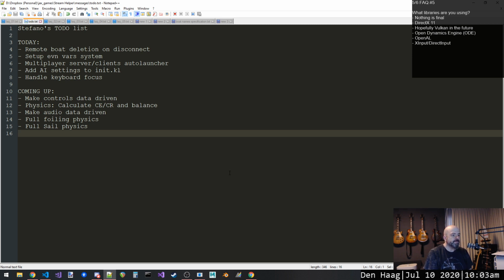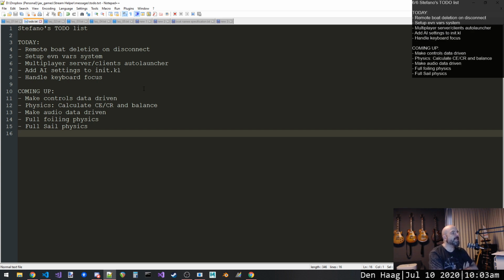So there are a couple of things that we're going to do today. One thing that we noticed in the last stream at the very end is that if I have a client disconnecting, the boat remains there. We don't have any system on the client to figure out that the boat has disconnected. So we're going to start with that today. Then we need to set up